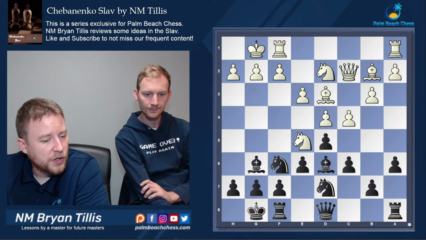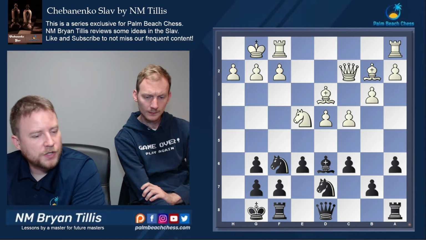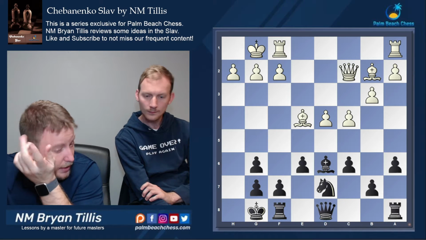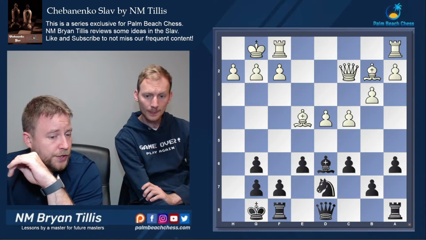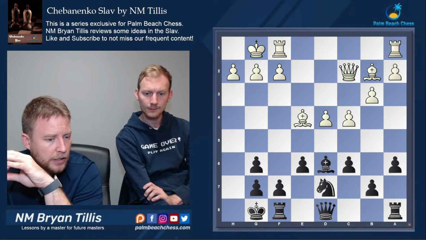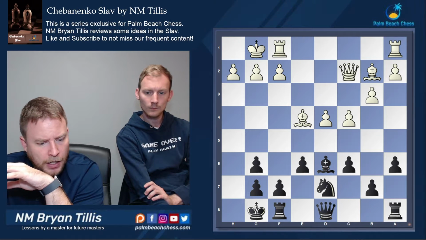Okay. So we get to this super solid structure, and what I wanted you to see in this position is this is something that pops up in the Caro-Kann and the Slav. Right. This exact pawn structure. So you should be relatively comfortable here. Okay. And I really loved to see this game because